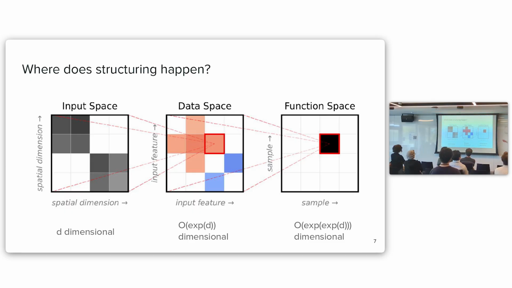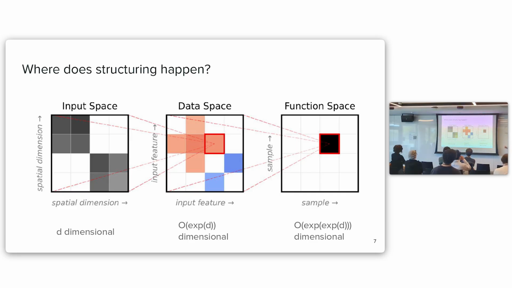Each point in the input space is like one input feature or one pixel in an image or something like that. In the middle, we have the data space. Now the axes of the data space are the input features. So in this example, if this is a 16 pixel image, this data space would be a 16-dimensional space. Each point in the data space would correspond to one particular input sample. So each point in the data space is one entire sample from the input space. And we can color each point in the data space by some target that we want to predict, which forms our learning problem. Here the red and blue represent some labels that are applied to the data.